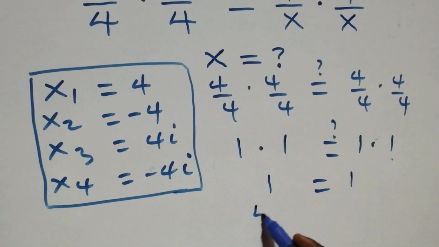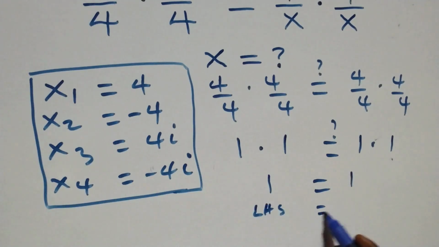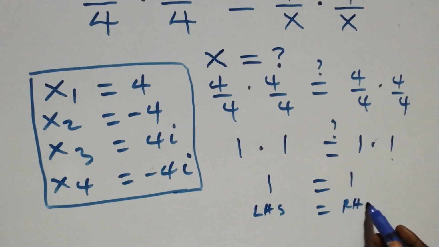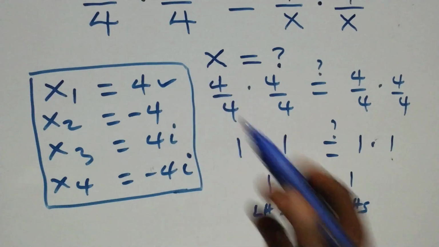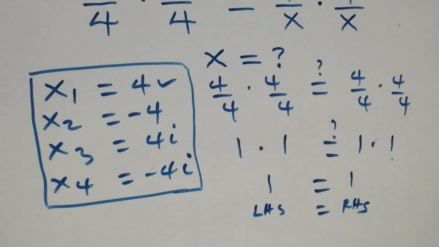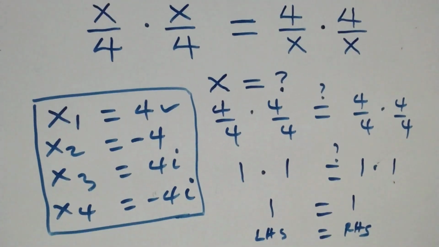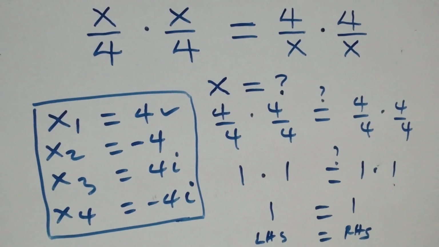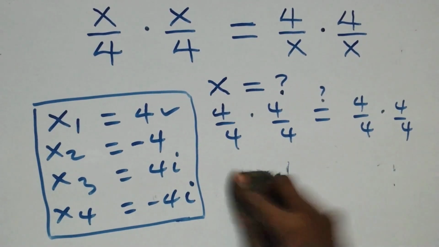Hence, we have the left hand side equals to the right hand side. Then here 4 satisfies this given problem. Then also we have x equals to minus 4. And when we substitute here,